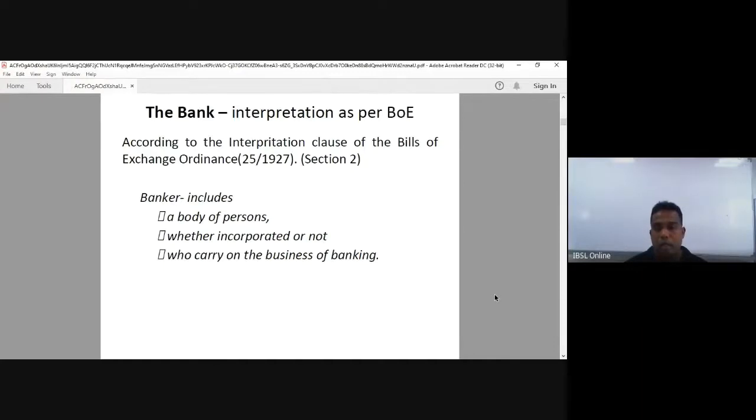Interpretation for the bank, the word bank, as per the Bills of Exchange Ordinance. What is the interpretation given in the Bills of Exchange Ordinance for the word bank? According to the interpretation clause of the Bills of Exchange Ordinance, that is section 2,